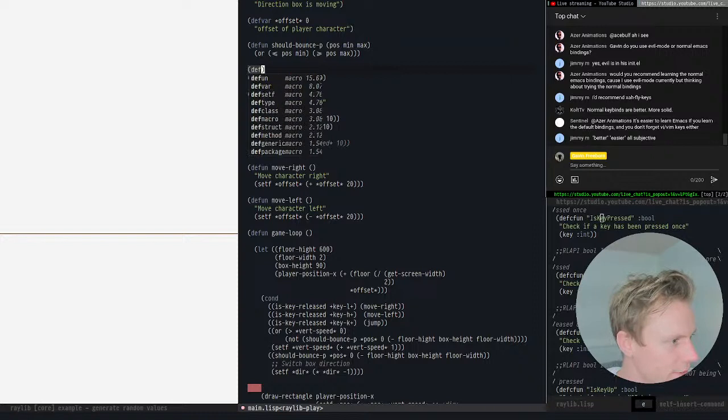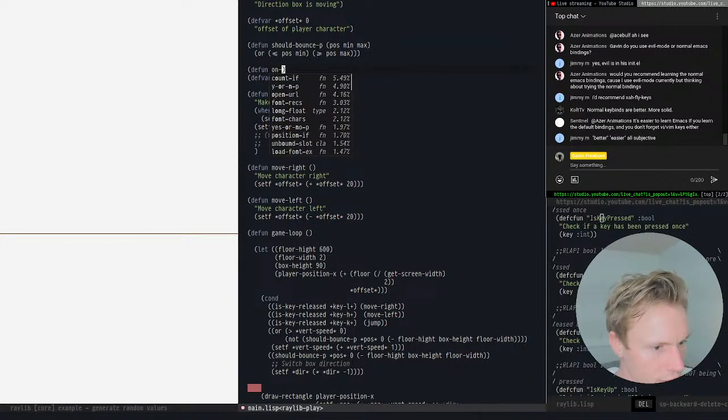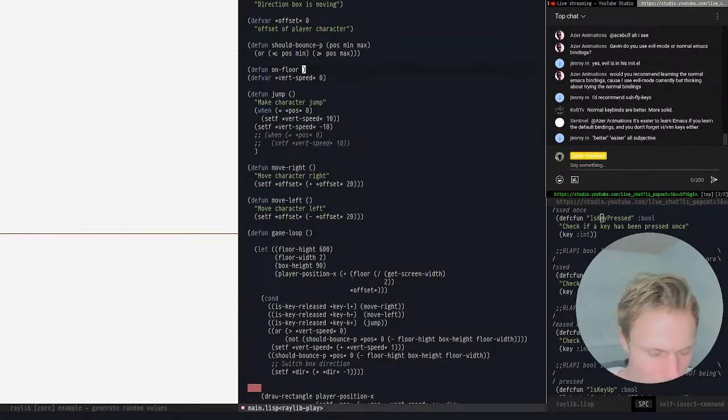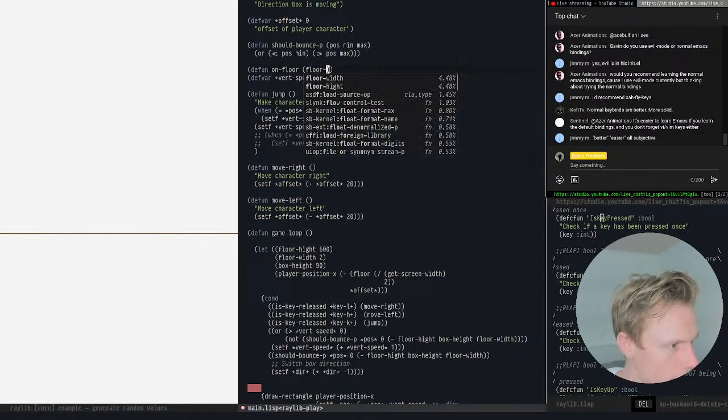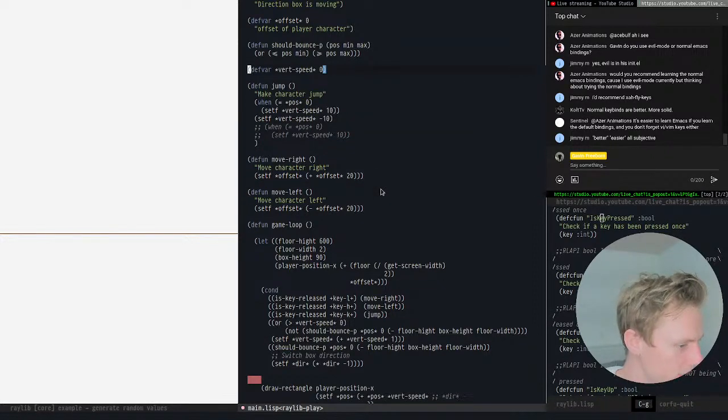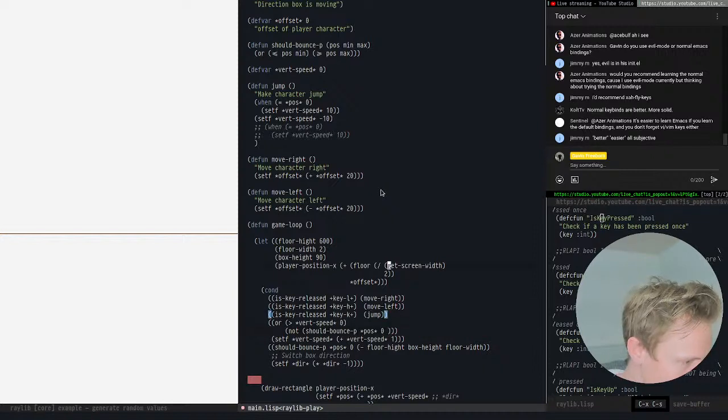let's just make a new one, def fun, on-floor. Yeah, better is all subjective, indeed. On floor, and then we have the position. So we need the floor height. I think I just need to be smart, you know? Okay, so this is the minimum. So